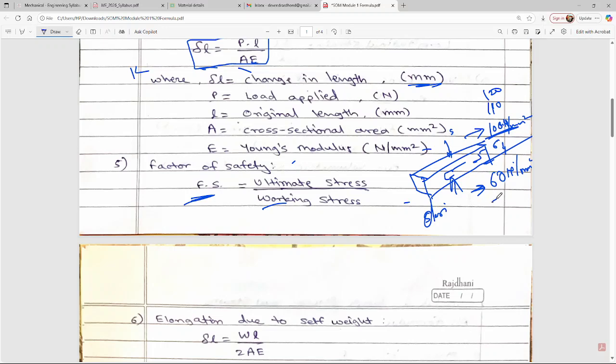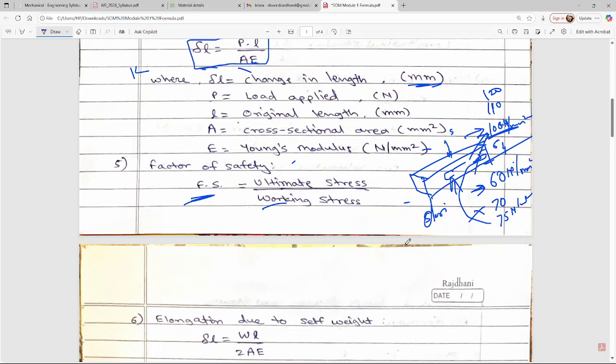So it will go up to 70 or 75 Newton per mm square. But it stays within its maximum limit, right? So it won't break